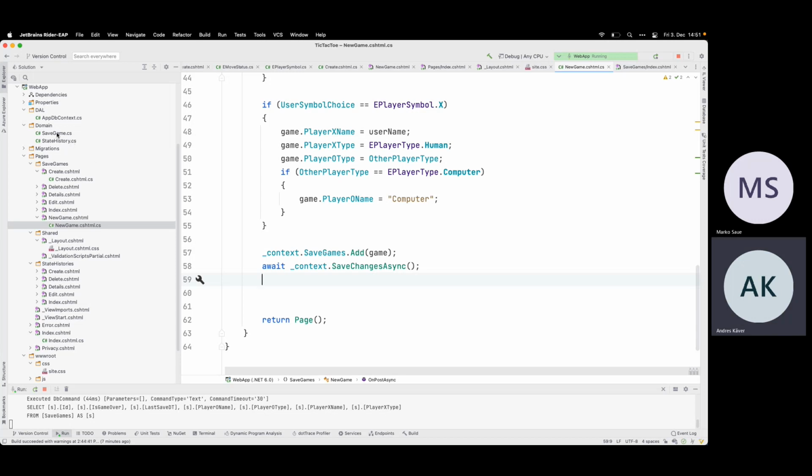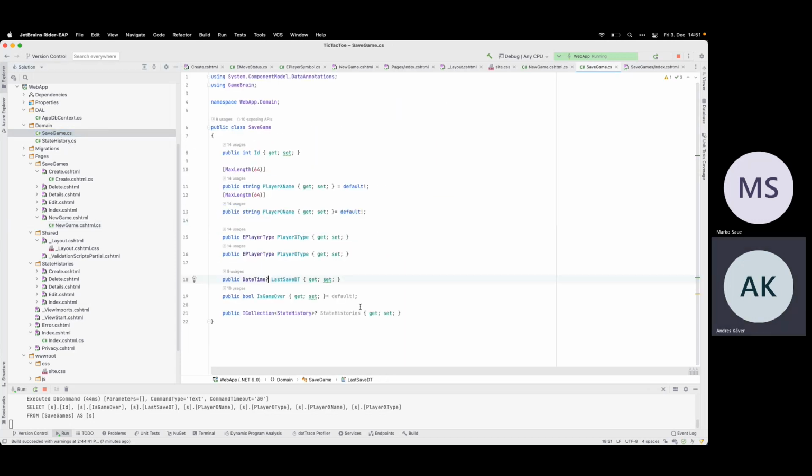Let's see, what did we have in the save game? Is game over? Like there is no, we don't specify anything here in the save game itself.